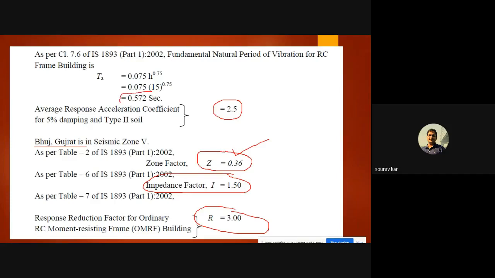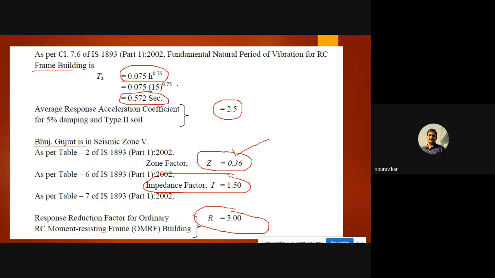is this. They have not put the brick infill walls. They have taken this formula. For frame buildings, they have taken 0.075 h to the power 0.75. Here they have not considered the infill walls. But in our building, I will include the infill walls. Physically, I am not developing the walls, but I will take the formula where the walls are taken.